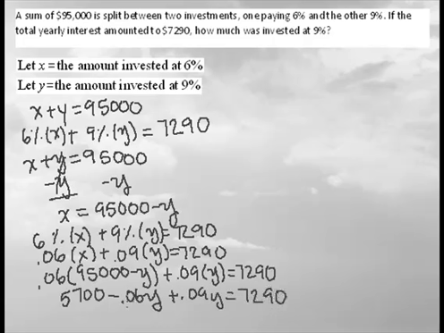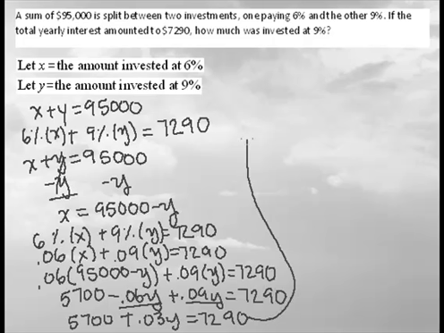Now let's combine like terms. So negative 0.06 plus 0.09 will give us positive 0.03Y equals 7,290. Now let me bring it up here. So we have